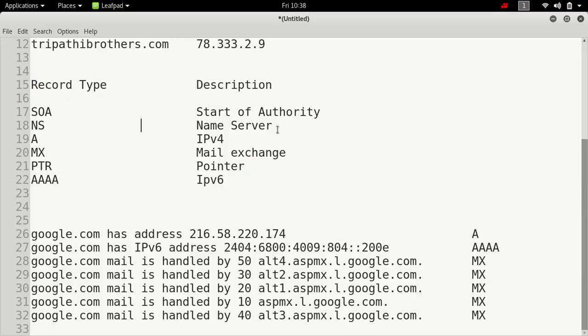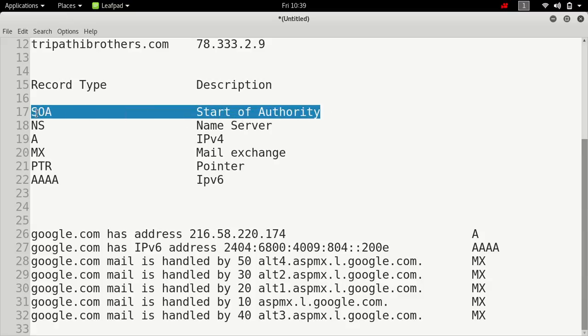Okay, DNS records. Start of authority. What is a start of authority? It is a type of resource record used by DNS. Every domain has a start of authority record. The DNS server will use that SOA record to fetch the information about the domain name. Basically, SOA has the basic properties about any domain name and the zone.